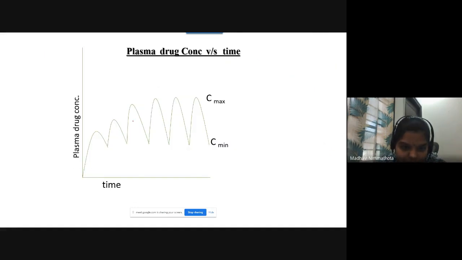See here, the drug will follow the C minimum, C maximum principle. Irrespective of MEC and MSC, irrespective of minimum effective and maximum safe concentration, the drug produces its multiple dosage regimen when you take it